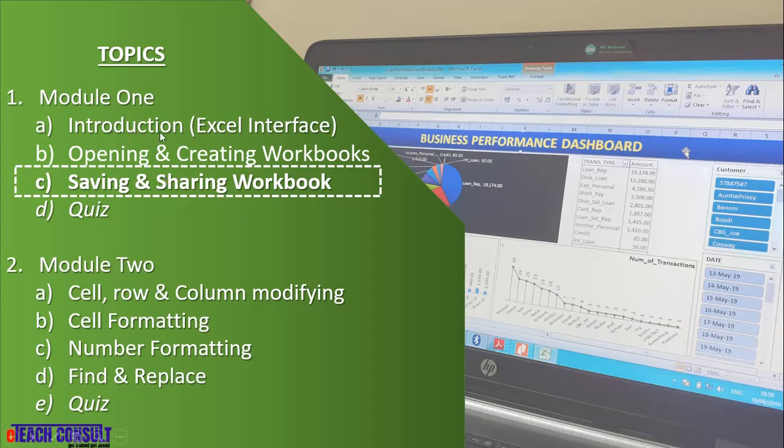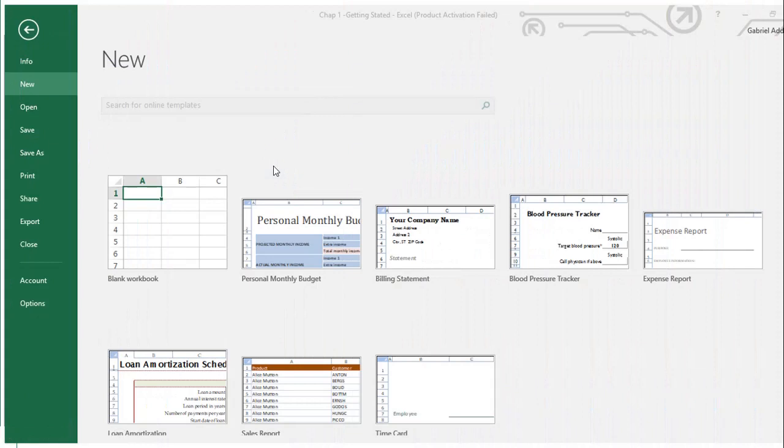We've been through the introduction, we familiarized ourselves with the interface, we've gone through how to open and create a new workbook or an existing workbook. Now we are going to focus more on saving. But before that, let's just remind ourselves of the few things that we have done anytime we want to create a new